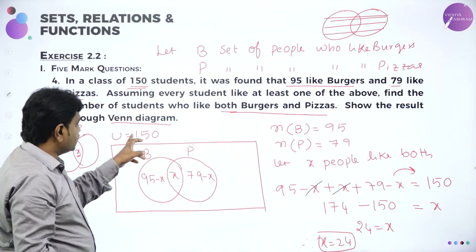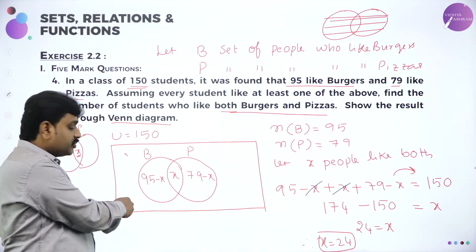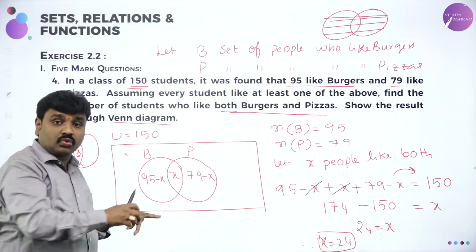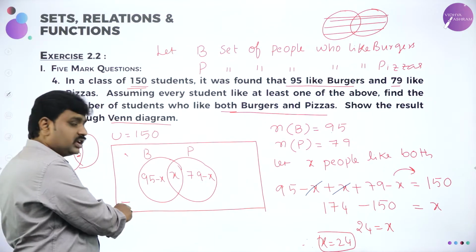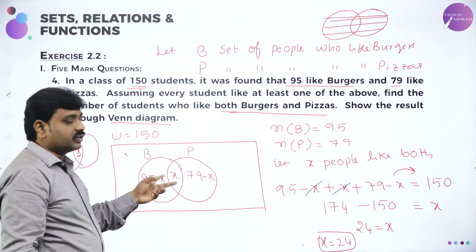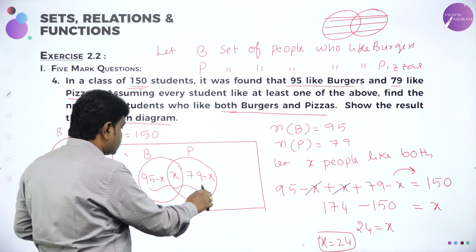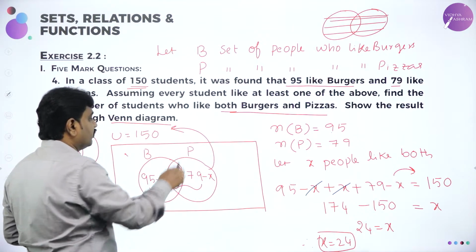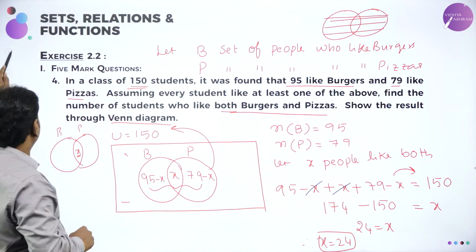The sum of all these things is 150 because no one is outside. Outside means, if we have people who do not like both, then we'll put it here. We need not put anything because they told us at least everyone will like at least one of these. So that's why the sum of all these things, if I add all these things, it should be equal to how much? 150. That's what we have done. I hope all of you understood this. Next,